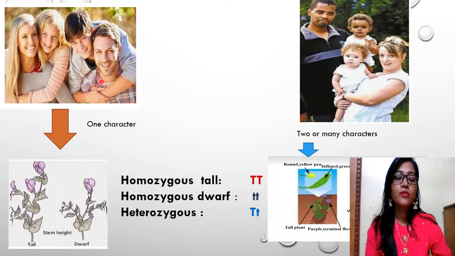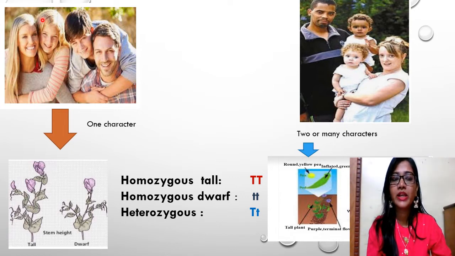So coming back to the first, you can observe if I want to explain a single character, the color of hair. If I want to study the color of hair present in the parents, and how it is getting expressed in the first filial generation, that is the F1 generation, you can observe the color of hair is transferred in both the cases.